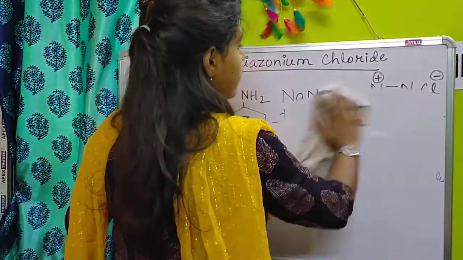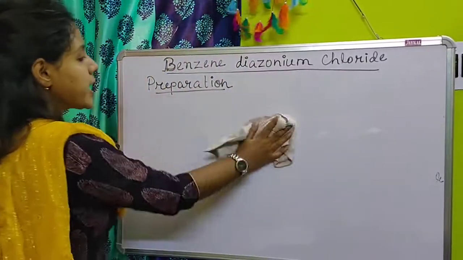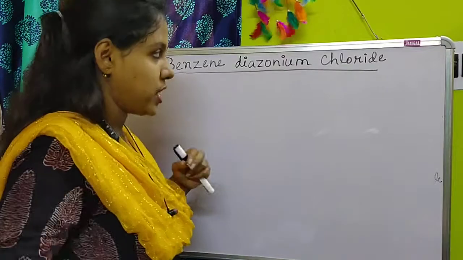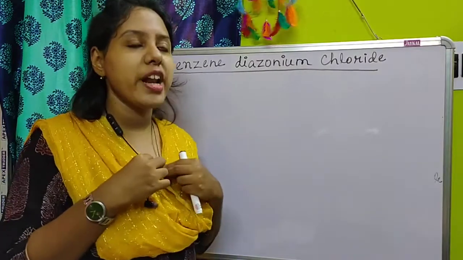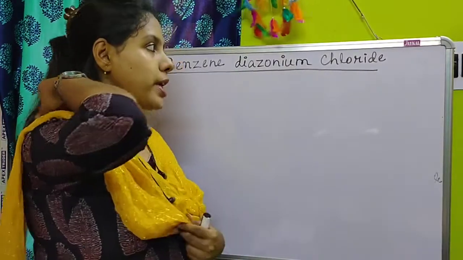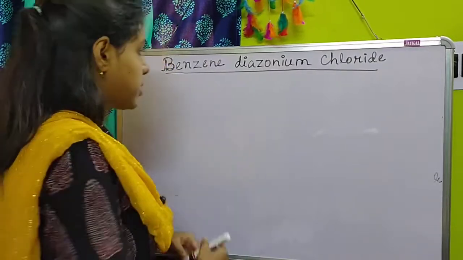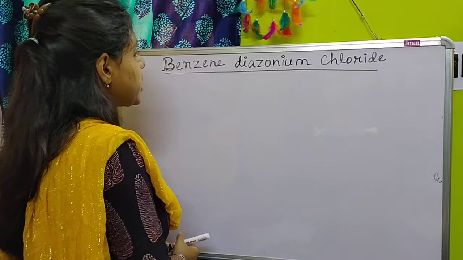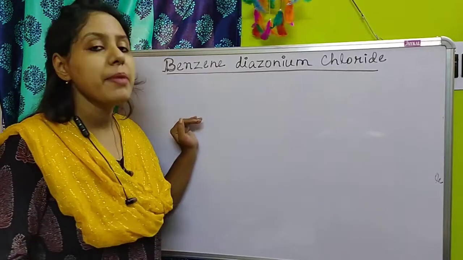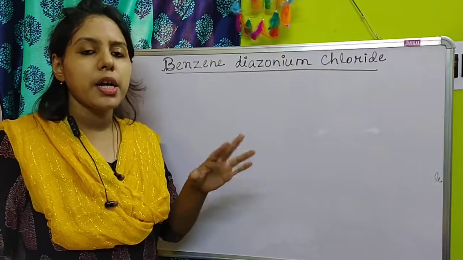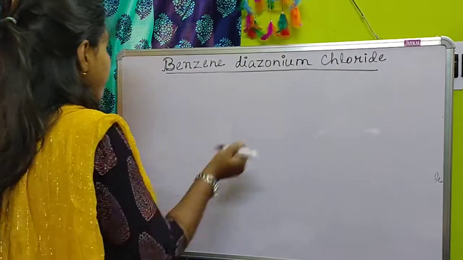Next, we will see different types of chemical reactions of diazonium chloride. Benzene diazonium chloride is a very important compound because we can convert it into many different products. So one by one we are seeing the products. Here we will see the replacement of the diazonium part with another part. First one,